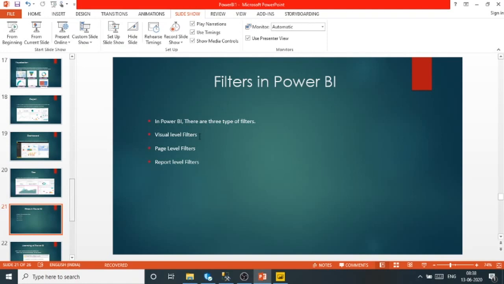And page level filters mean you want to restrict your data on the basis of the page, in a single page. If you are applying the page level filter, it will be applicable only on one page. Once you apply report level filters, it will be applicable for all pages in your report.